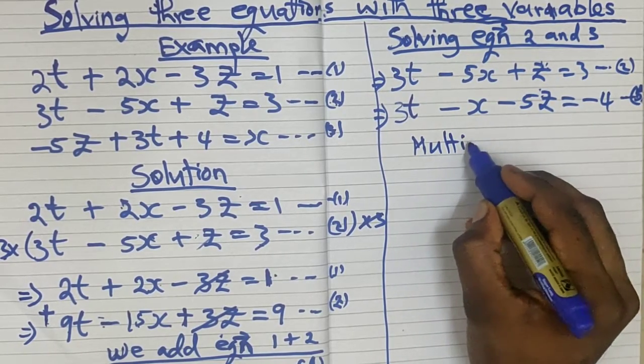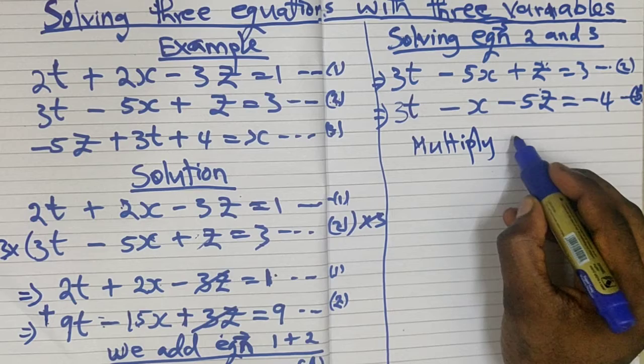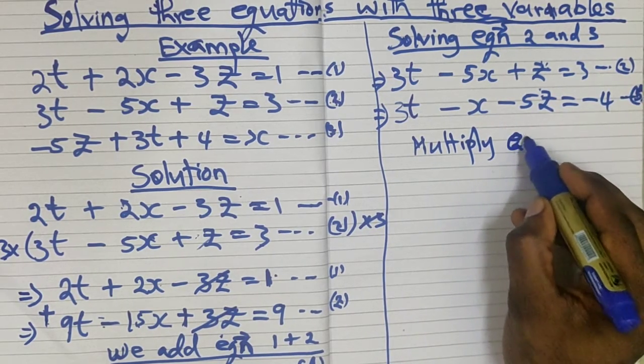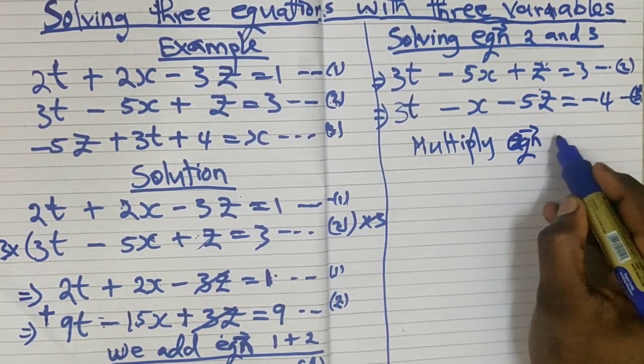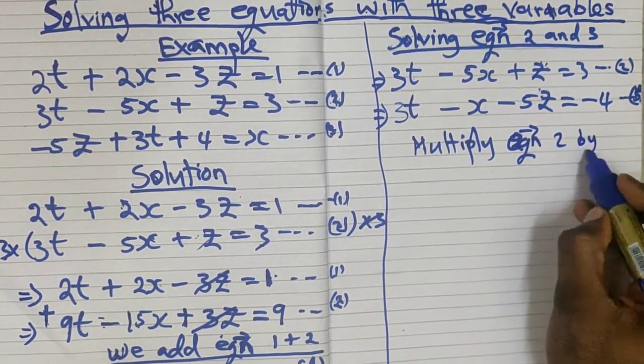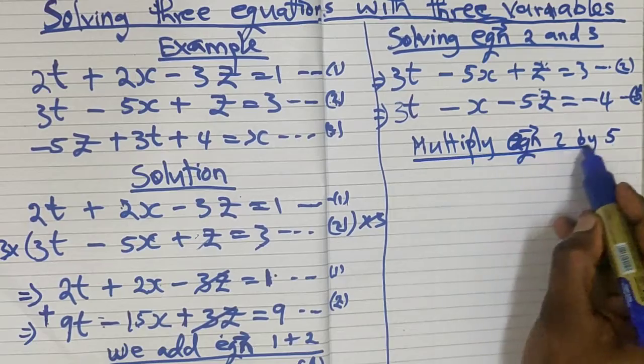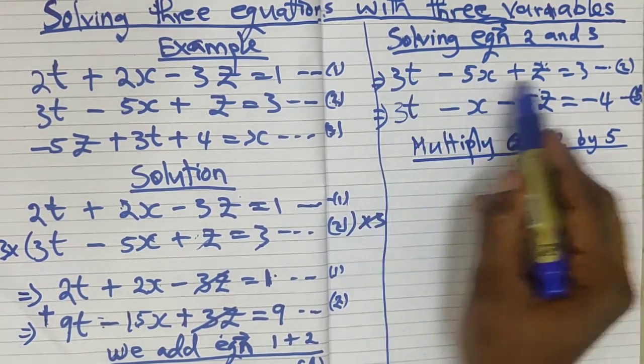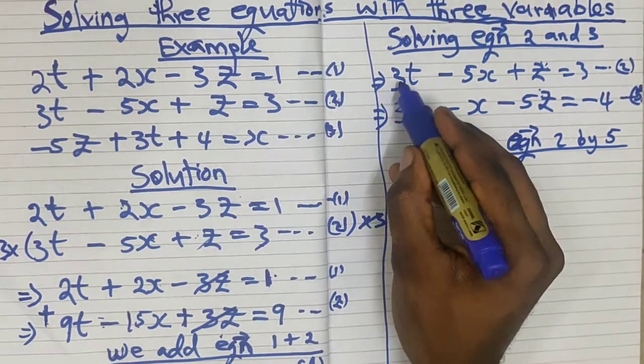If you multiply this equation by 5, you are going to have